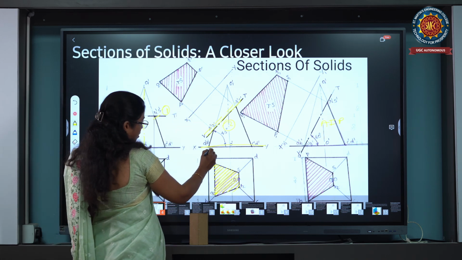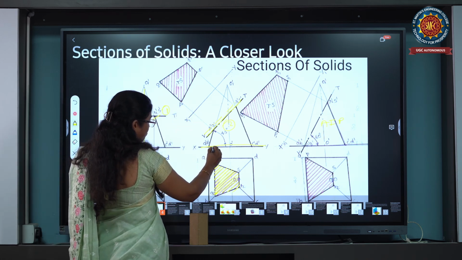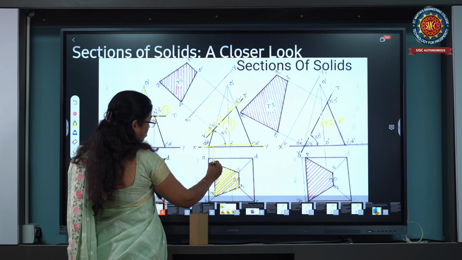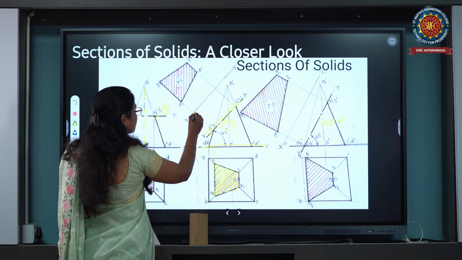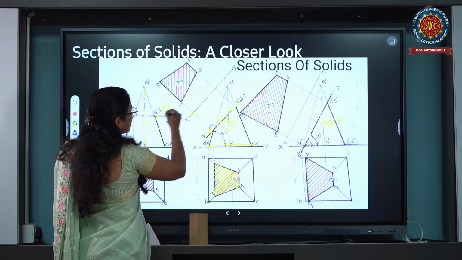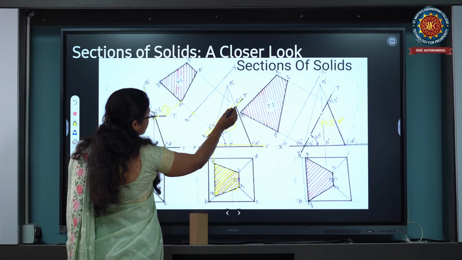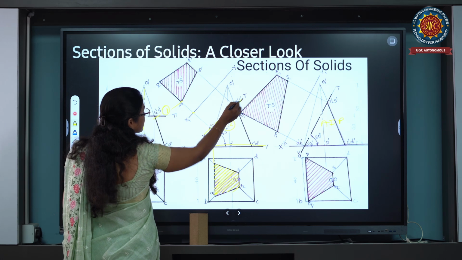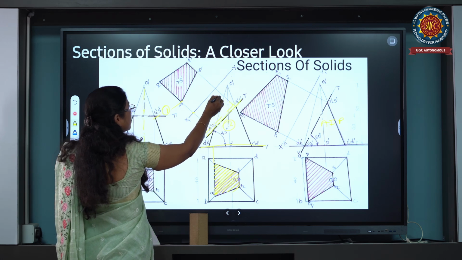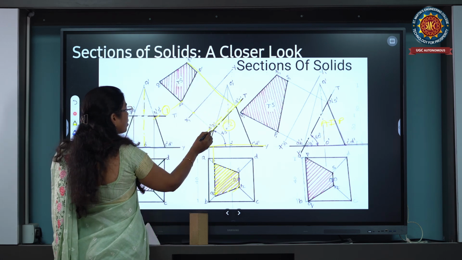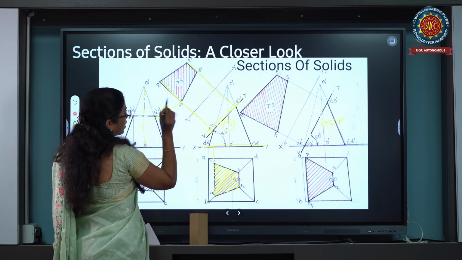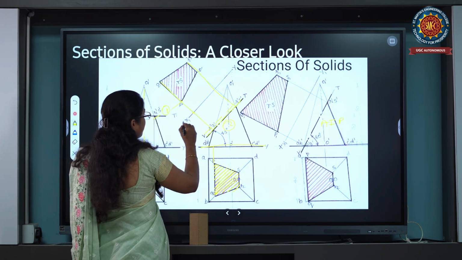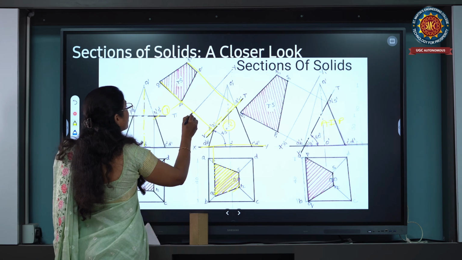How? From X onwards you need to take some distance, from here to here, and with this X as a reference, cut an arc on that line. This line should be the section from this section plane. Draw perpendicular to that section plane, draw lines, and then using this reference line draw